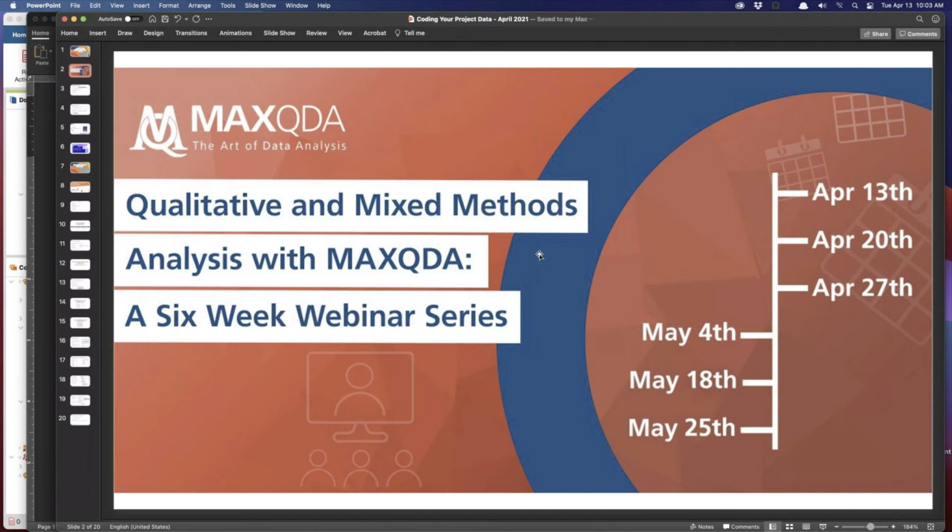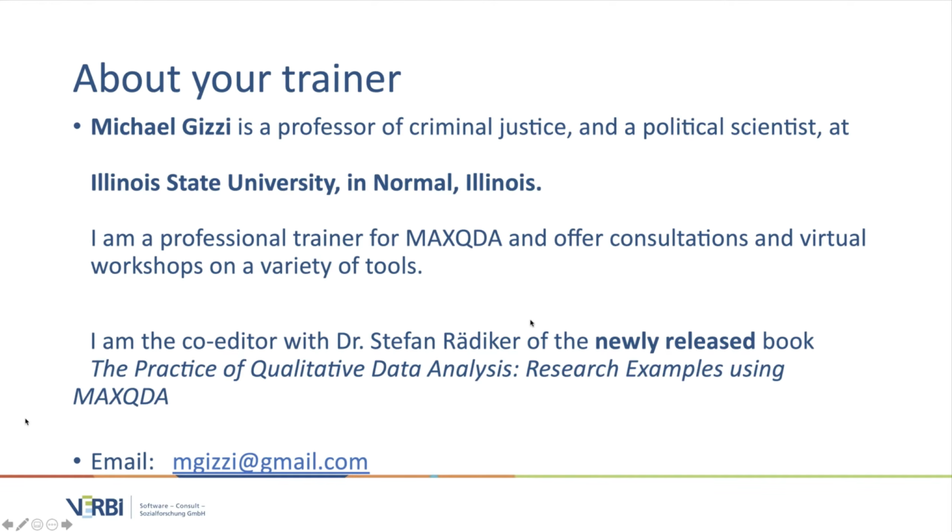And now we're going to actually jump in. We've talked about building a coding system. Now we're going to actually talk about how we use it and how we code data. And we're going to draw on all of those things we've talked about in the past, the importance of memos and comments and paraphrases.